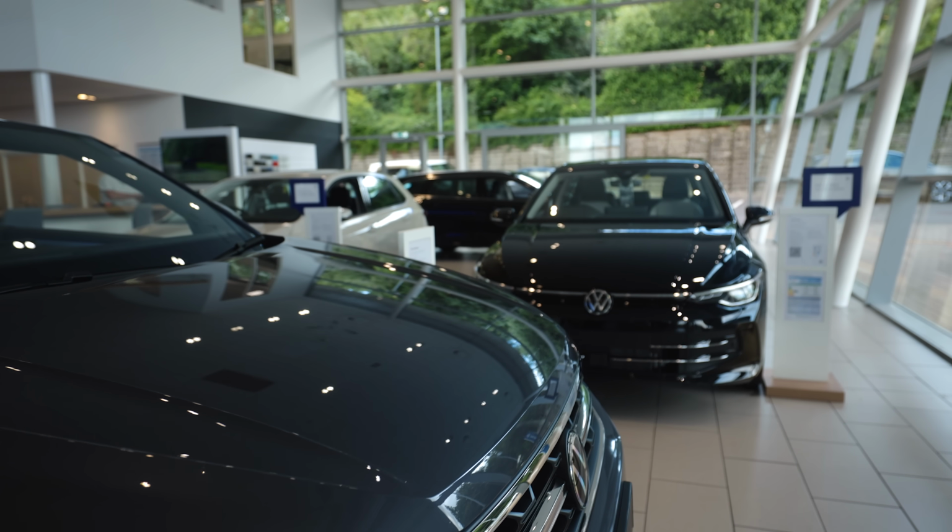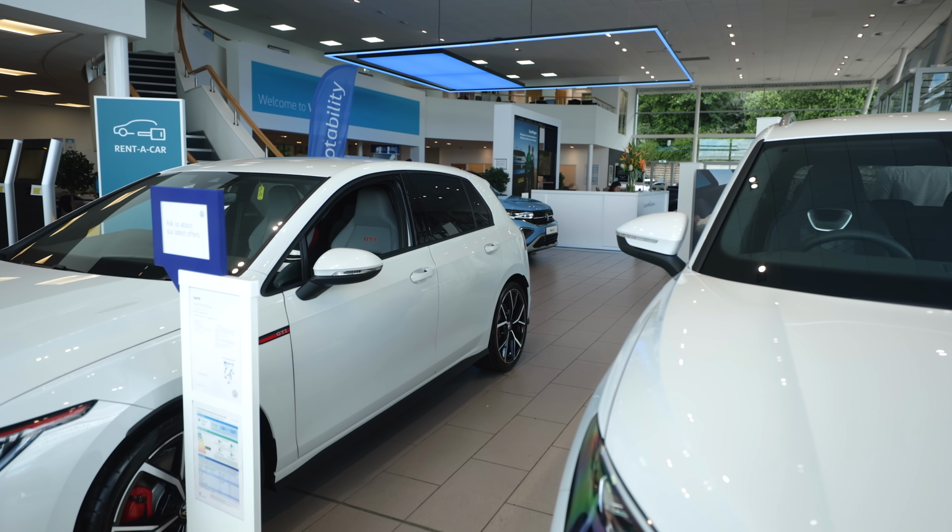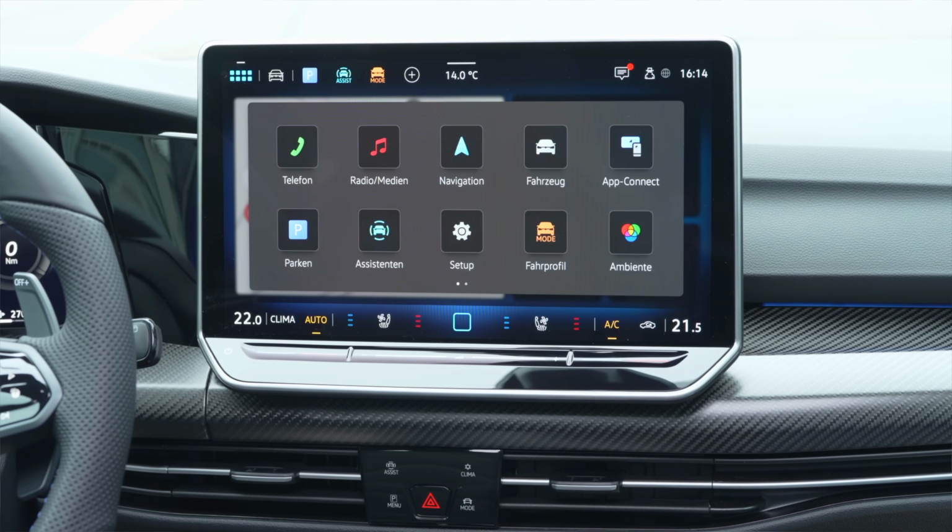Now, it's important to note that Volkswagen do make a lot of different models, so some of these tips and tricks will apply to other models in their range. However, I do plan on doing some more tips and tricks in the future on some of their newer cars as well, ones with this big ginormous screen in the middle,